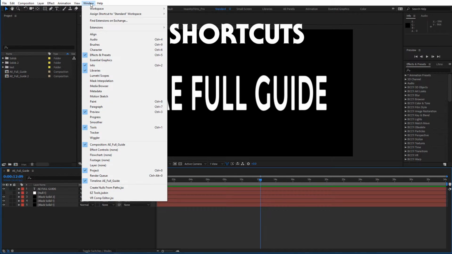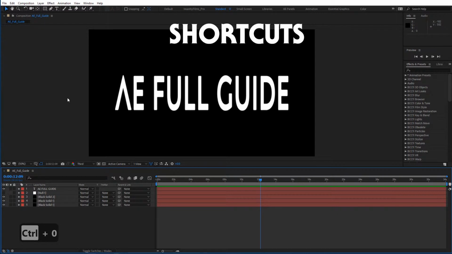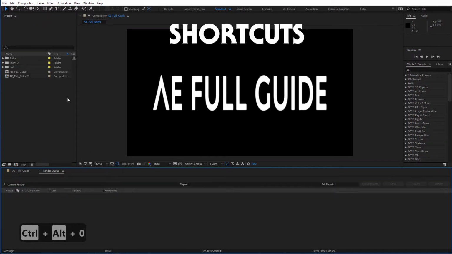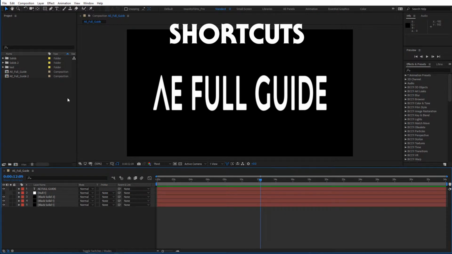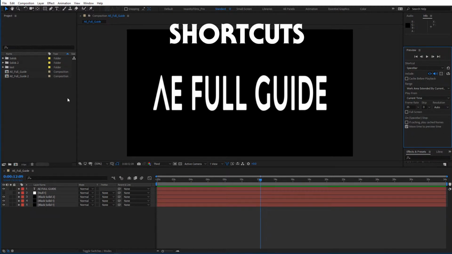But also they have an assigned key, which is Ctrl 0 for opening and closing the project panel, Ctrl Alt 0 to open the render queue panel, Ctrl 1 to open or close the tool panel, Ctrl 2 to open or close the info panel, Ctrl 3 to open or close preview panel, Ctrl 4 to open or close the audio panel, Ctrl 5 to open or close the effects and presets panel,